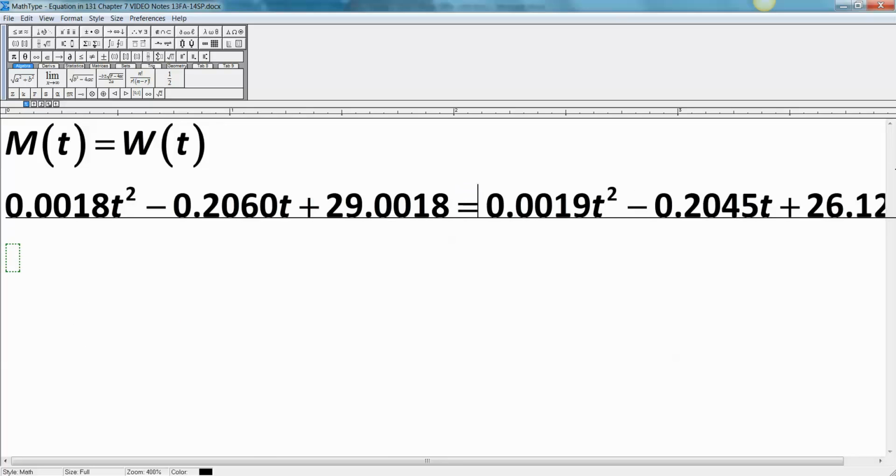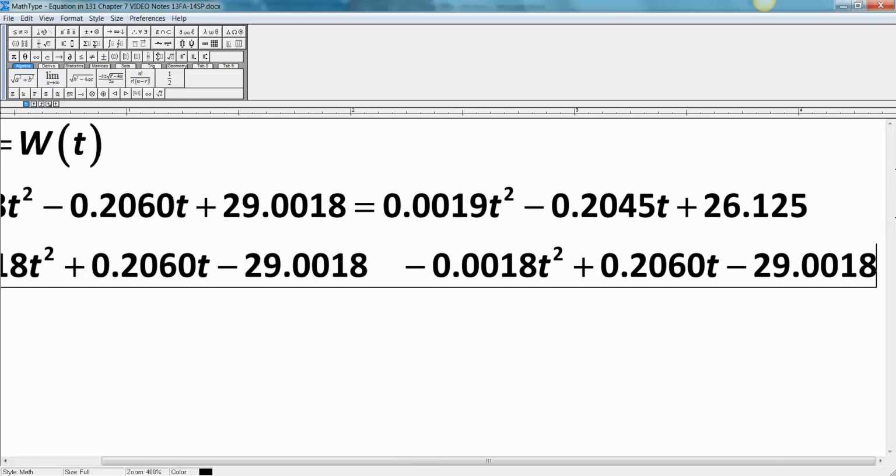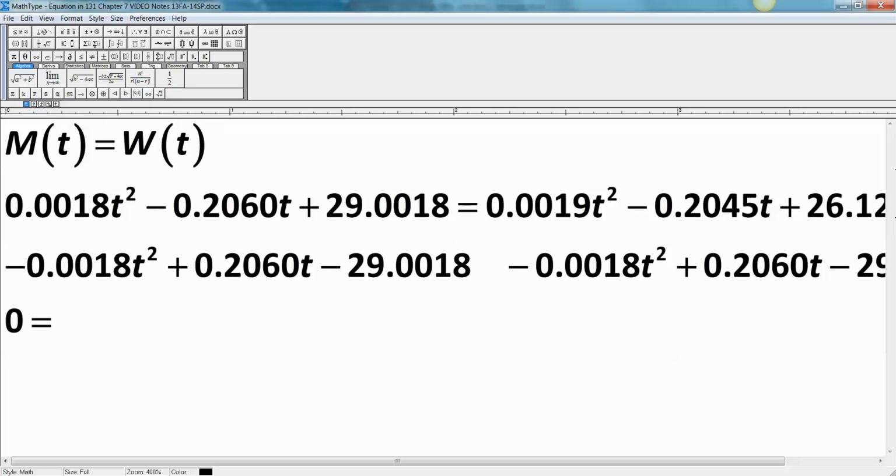Okay, so what you do is you set the two equations equal to each other. And then you want to get it all on one side. So if I were you, see this 0.0019? That's larger. So subtract this whole left side, right? Bring this all over to the other side. So minus the 0.008 plus the 0.260 and minus the 29. That'll cause the entire left side to disappear. And then if you do it over there to the left-hand side, you have to do it over here to the right-hand side, which looks like a mess, but it's not too bad, because over on the left you're going to have 0 equals